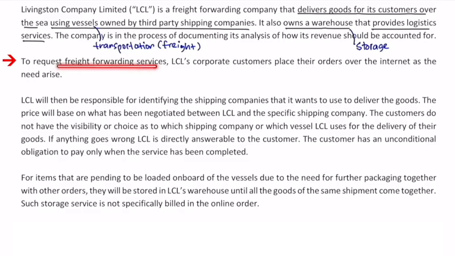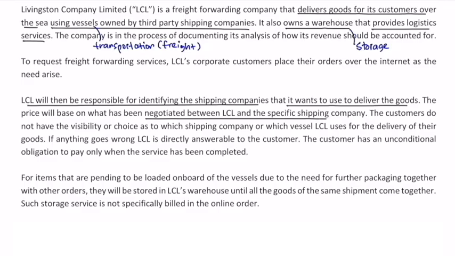To request the transportation services, corporate customers place their orders over the internet as the need arises. LCL will then be responsible for identifying the shipping company they want to use to deliver the goods. The price will be based on what has been negotiated between LCL and the specific shipping company. The customer does not have the choice as to which shipping company or which vessels LCL uses for the delivery